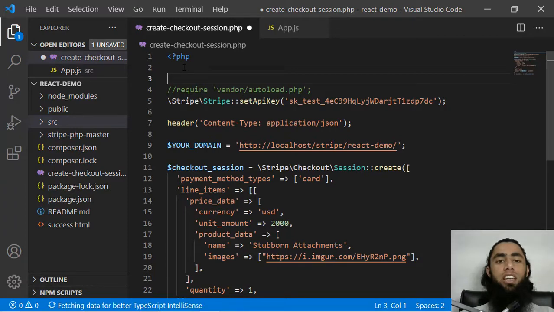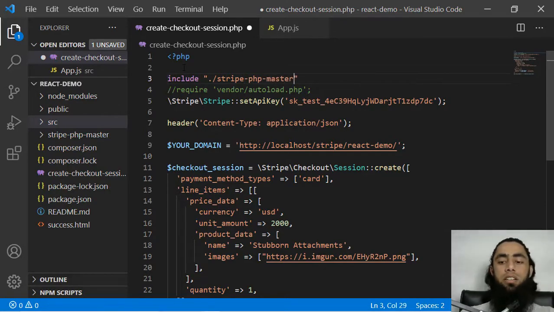So for that we have to write include, and inside the double quote we have to mention stripe-php-master, and inside of it we have init.php, and then semicolon. So let me show you where it is.